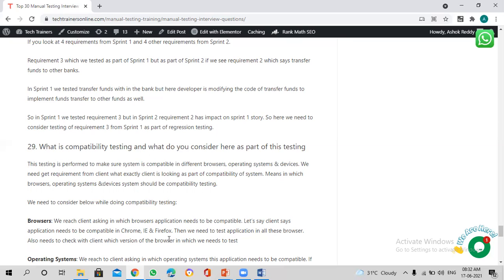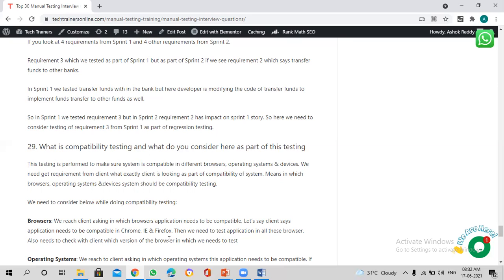So you need to ask the client if you want it to be compatible in the Internet Explorer browser, and which version it should support, right? Maybe IE9 or IE6. Let's say the client says anything above IE9.